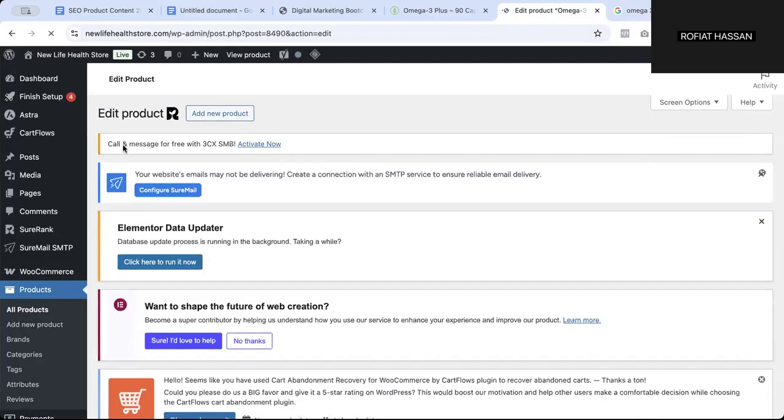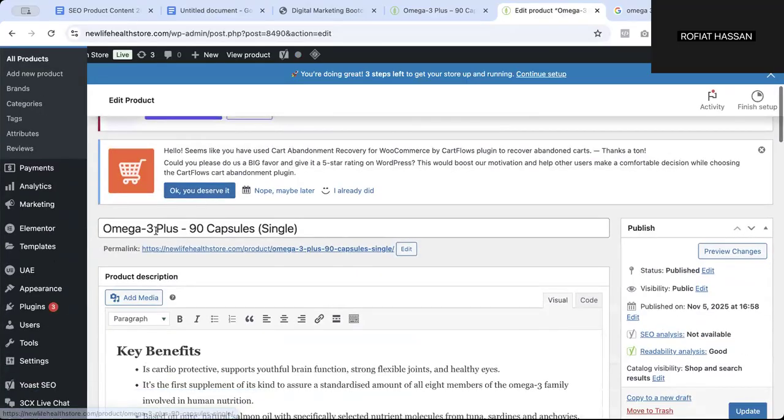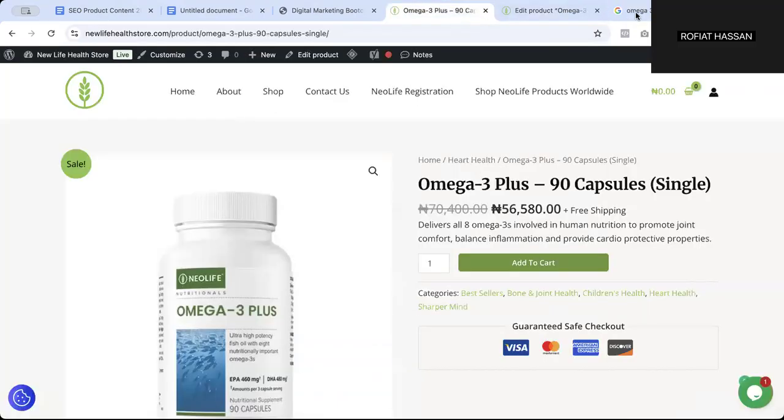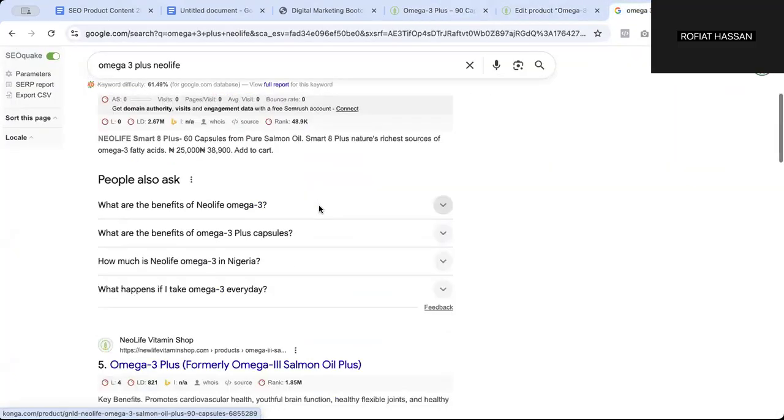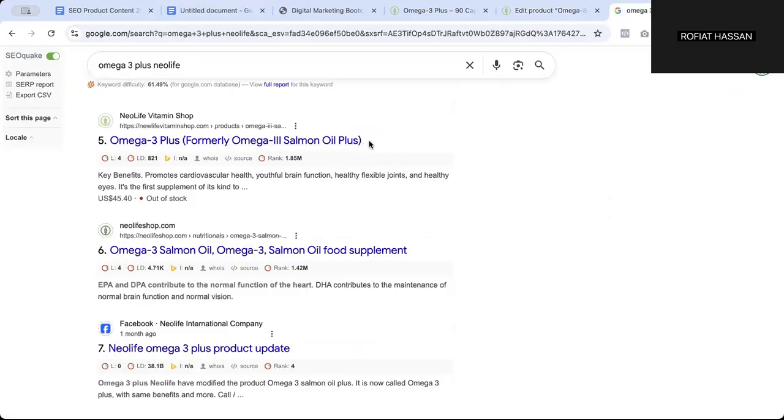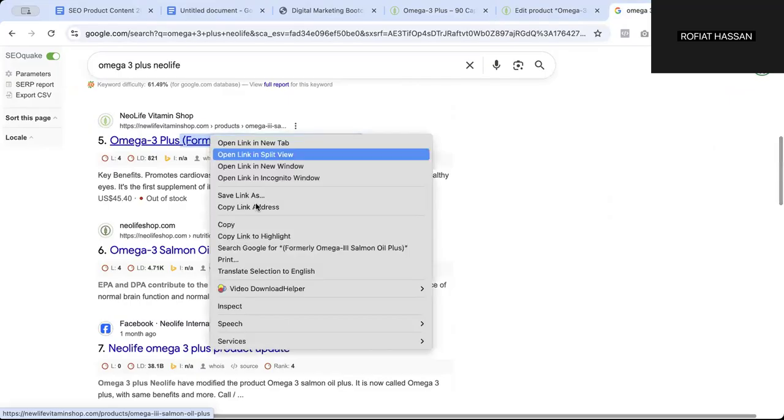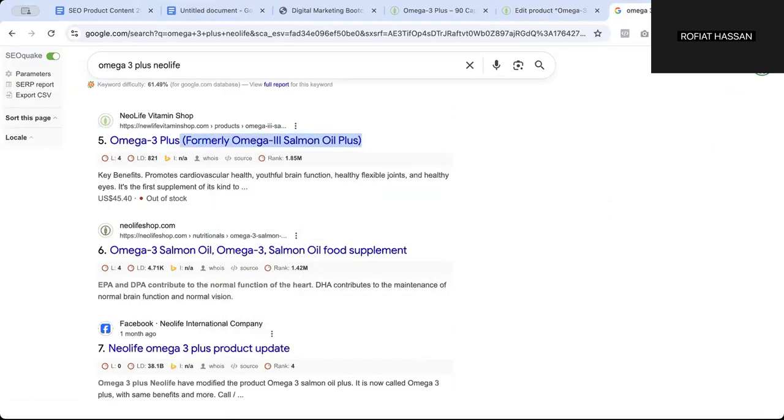So look at this now. Omega-3 plus, you see that formally is very important. I was having a call before now, right? Guess what? This is the same product that the person wants. I guess maybe that's the reason why I'm talking about it now. And I have to be explaining